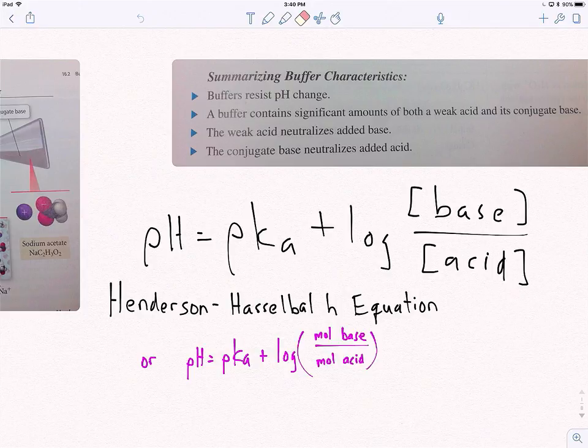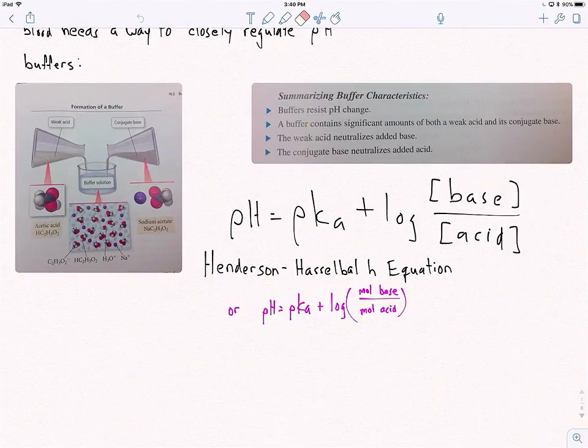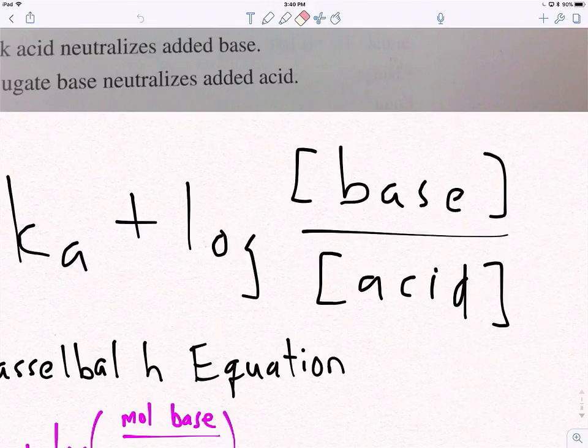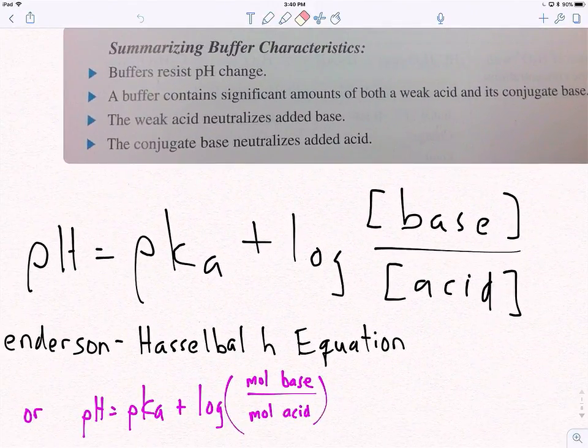But if you look at the equation, you'll see this used quite frequently. So the next question is, which one's the base and which one's the acid? The acid is the one that has the extra H in it. That's the first hint. The second hint: the base is almost always going to have an alkali metal, like sodium or potassium. Lithium isn't used as frequently,